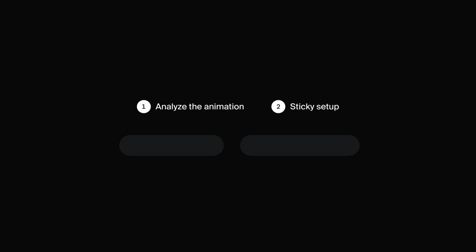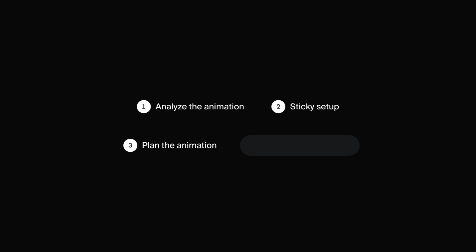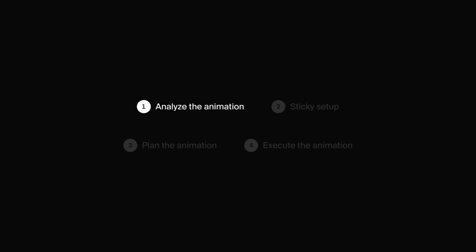So I'm going to break this video up into 4 sections. In the first section, we're going to analyze the animation and figure out how we can recreate it. Then in the second section, we're going to take a look at how we can set up sticky positioning on our website and how we can use it for these scroll animations. In the third section, we're going to plan the animation, and in the last section, we're going to execute that animation. So without any further ado, let's jump into the first section and let's analyze this scroll animation on the